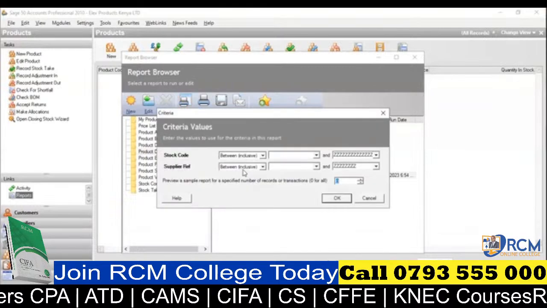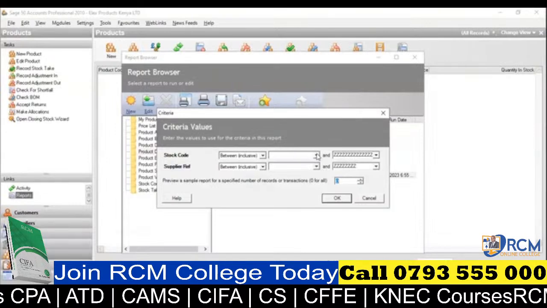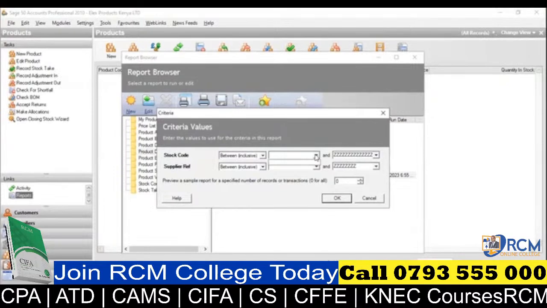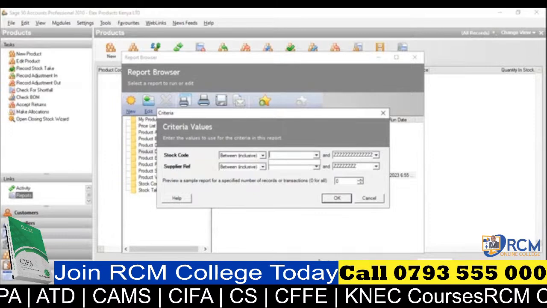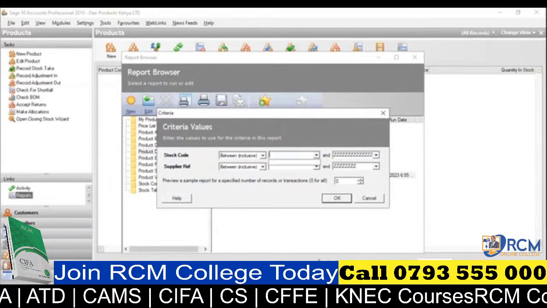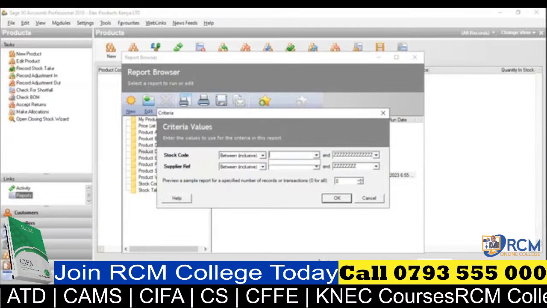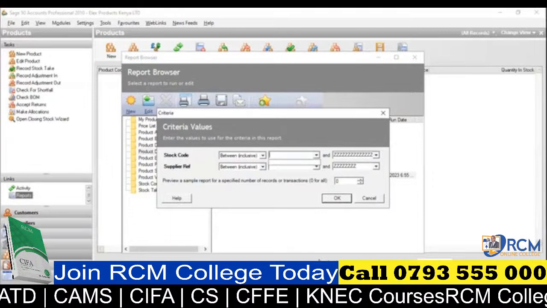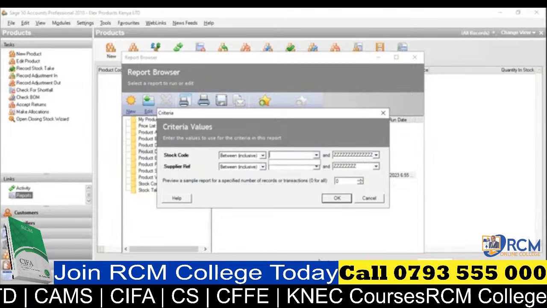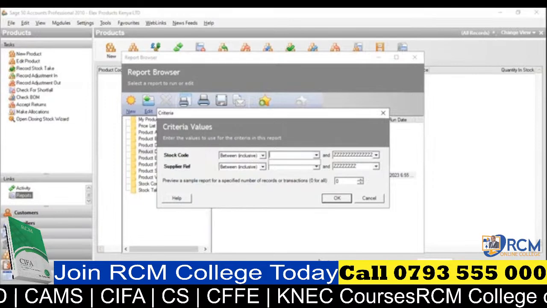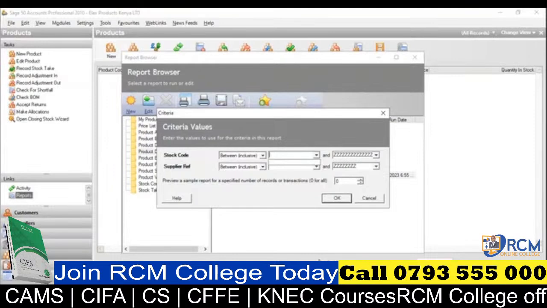All right, so we have here the stock code. So the stock code, if you have your inventory list in your system, then you have got different codes, starting from the first product that you keyed into your system, maybe having code 1. And let's say up to date, you've keyed in products and you are in today's code, which is code 50. So the stock code is between code 1 up to code 50. So if you want to make a review of all your stock that you have in your record, you will choose the whole